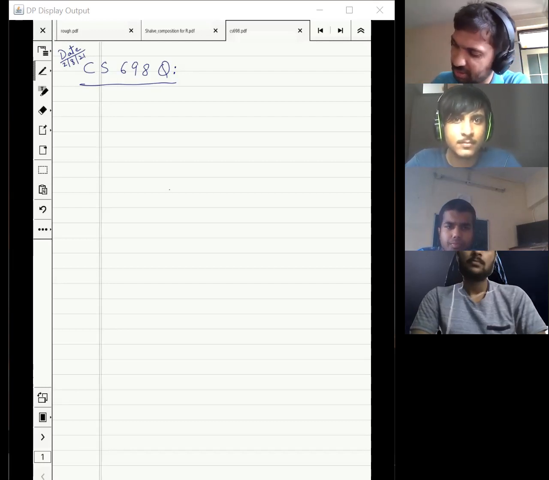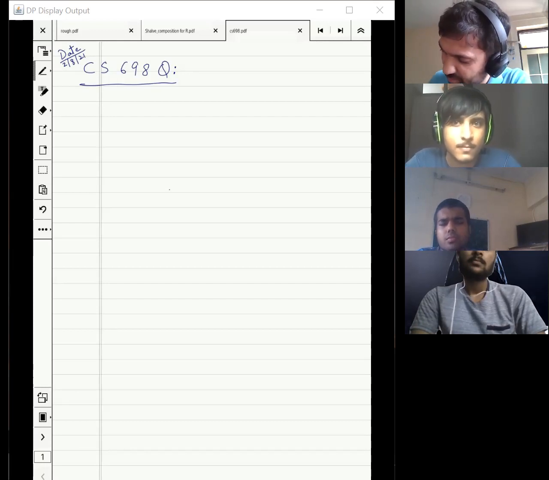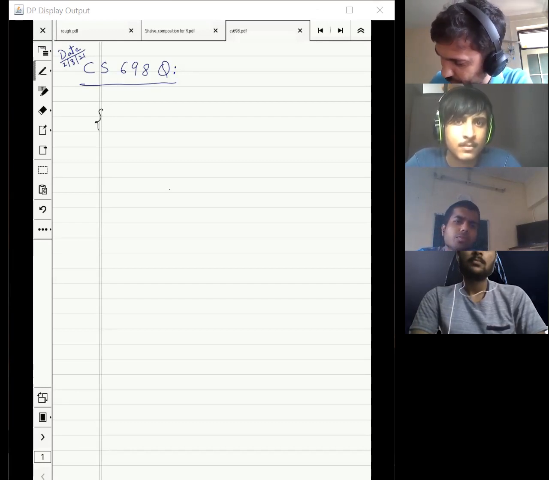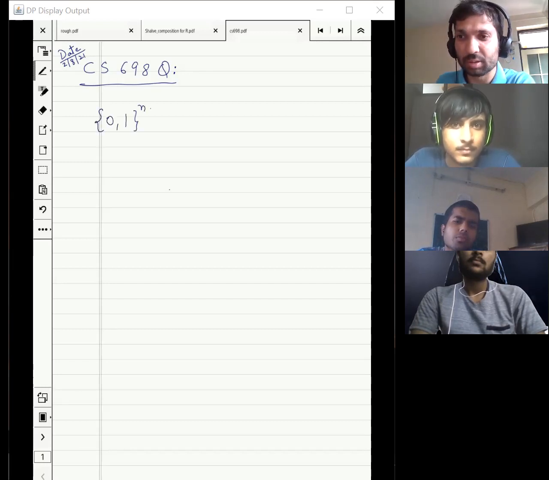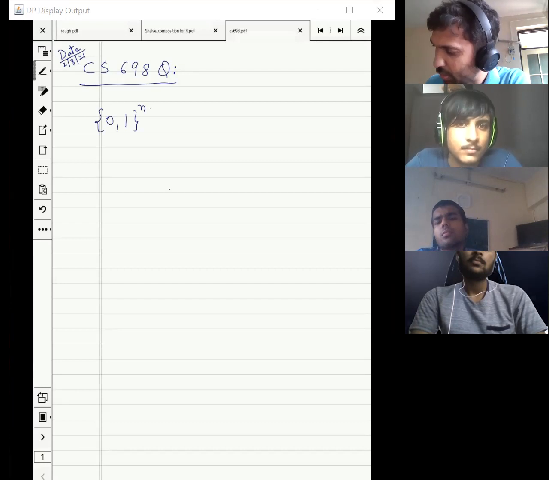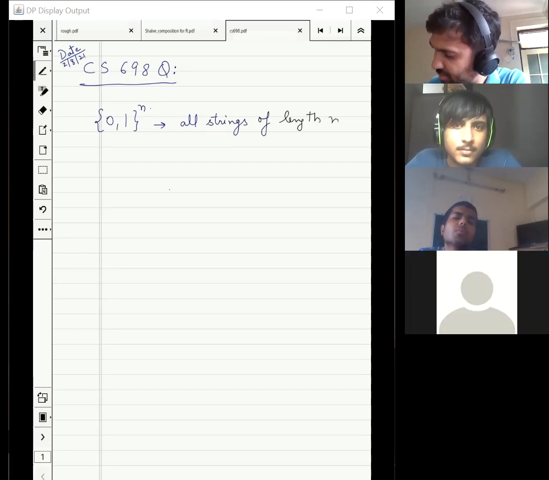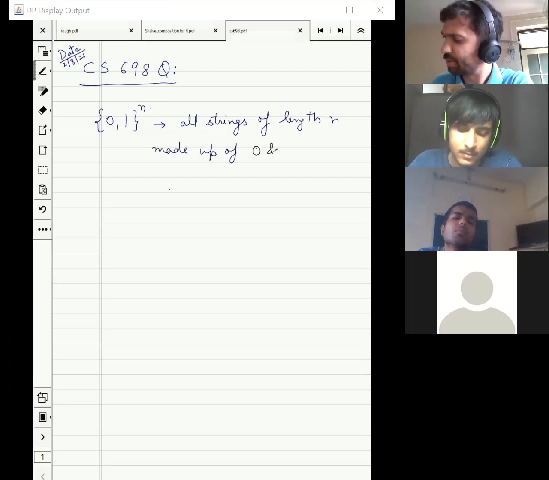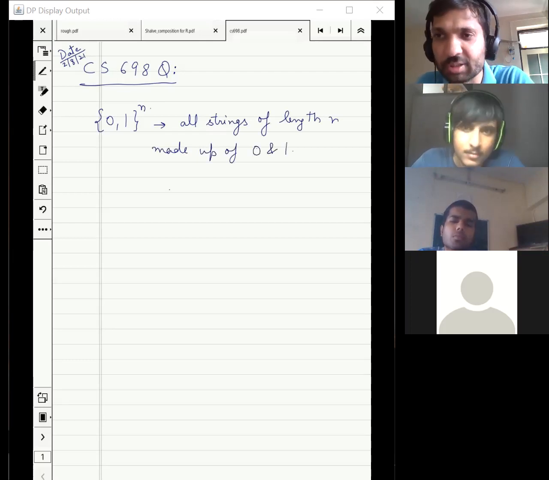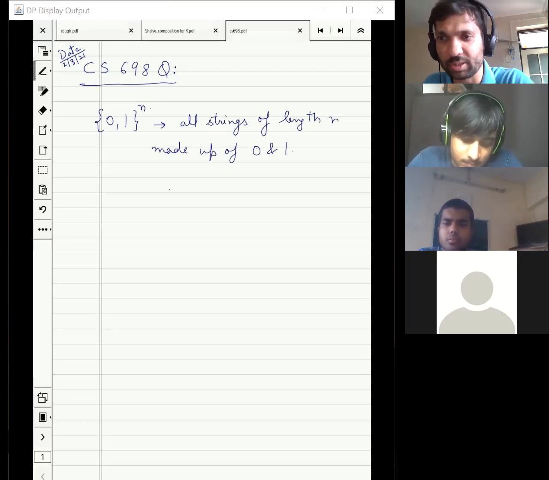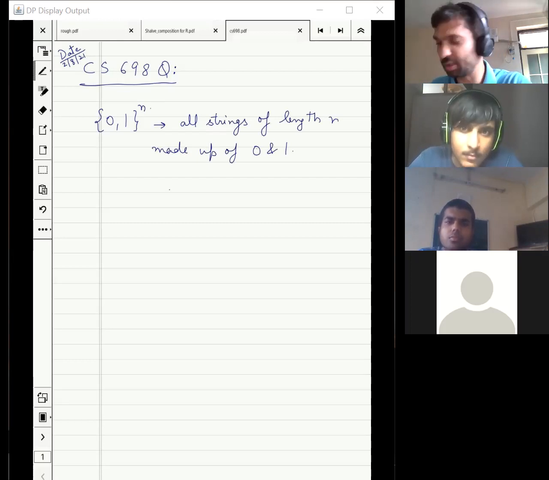So the important thing is we are going to deal with this object, right? These are all strings of length n made up of 0 and 1. 0 and 1 are not very special here. You will see that very soon I will transfer to -1 and 1. Don't get very attached to 0 and 1, but mostly {0,1}^n, or {-1,1}^n.